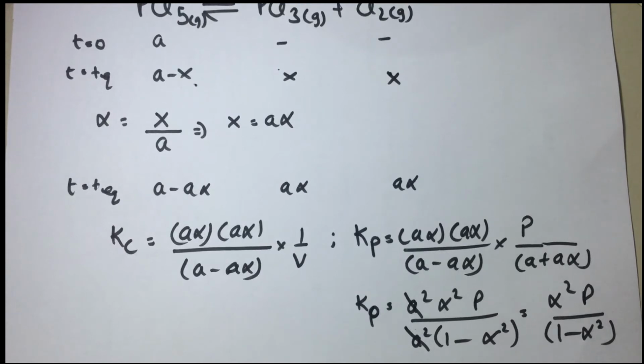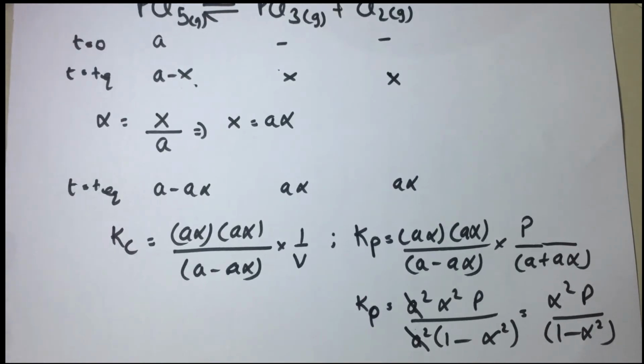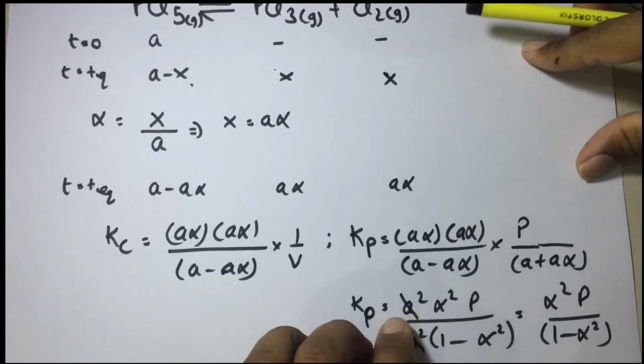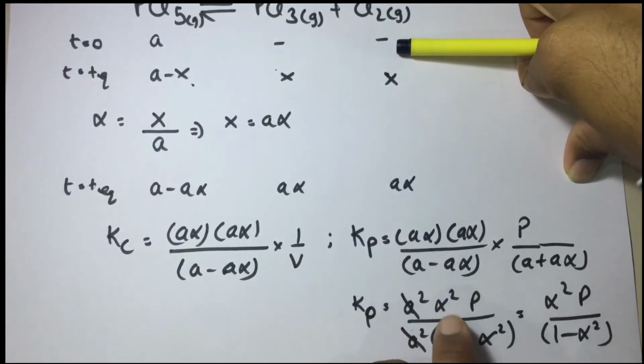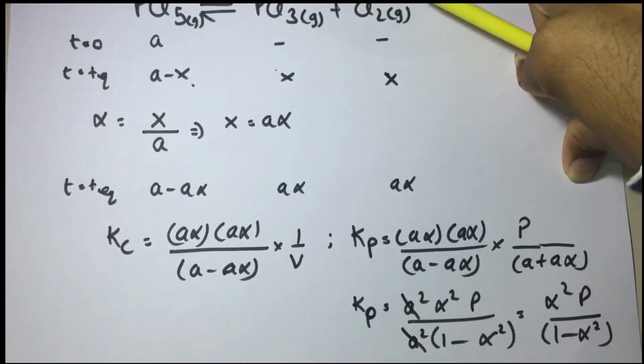Now remember one thing, if we write Kp in terms of alpha and pressure, then A, the initial concentration, is not required. अगर आपने सही से Kp का एक्सप्रेशन लिखा है तो A हमेशा कट जाएगा इन एक्सप्रेशन ऑफ Kp। Kc में हो भी सकता है, नहीं भी हो सकता है। कब नहीं होगा? जब डेल्टा एन जी जीरो हो जाएगा। डेल्टा एन जी जीरो नहीं होगा तो Kc में A आ जाएगा। बट Kp के अंदर ये हमेशा ही क्या होता है? A कट जाता है। मतलब देखो बिल्कुल सिंपल सी बात है, अगर आपको इनिशियल मोल्स गिवन हैं, इनिशियल मोल्स की रिक्वायरमेंट है ही नहीं, अगर आपको डिग्री ऑफ डिसोसिएशन गिवन है और प्रेशर गिवन है तो आप आराम से Kp निकाल सकते हो। यहाँ तक बात क्लियर आपको?